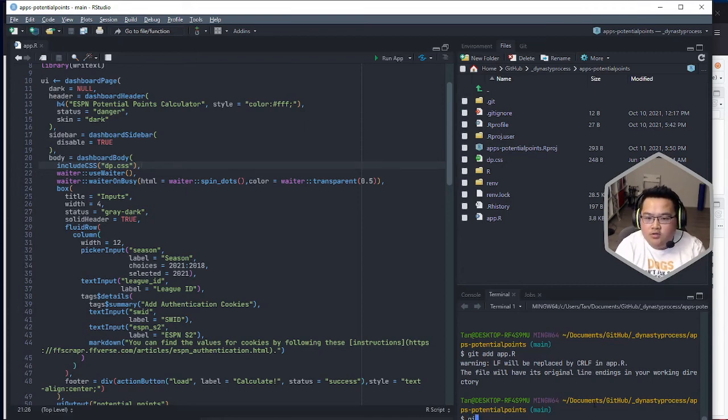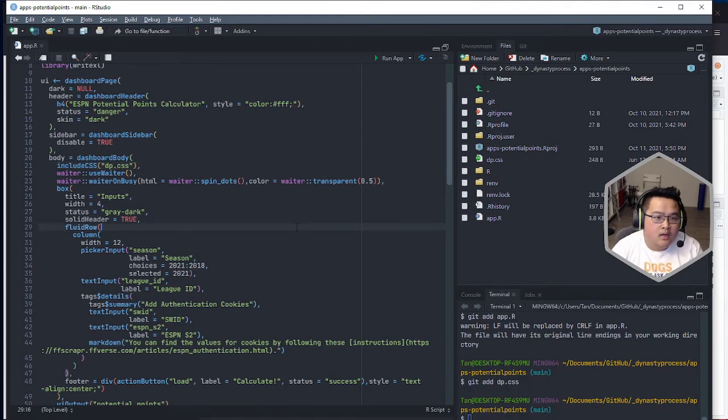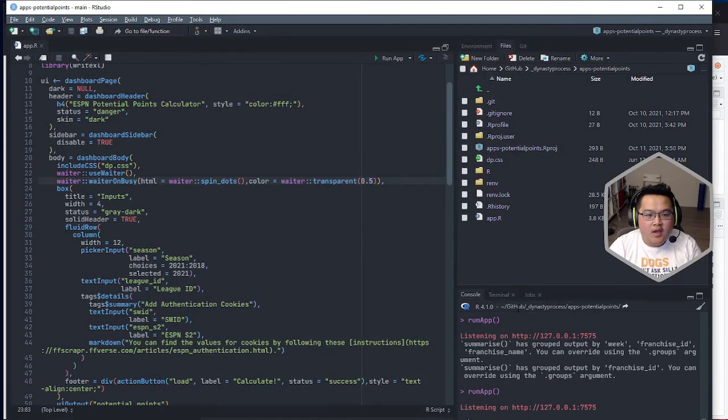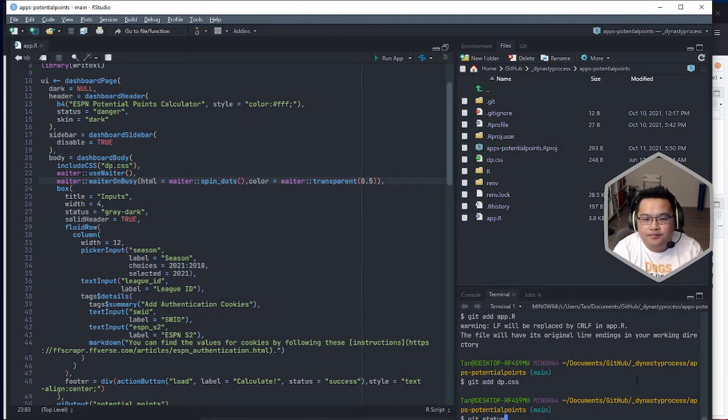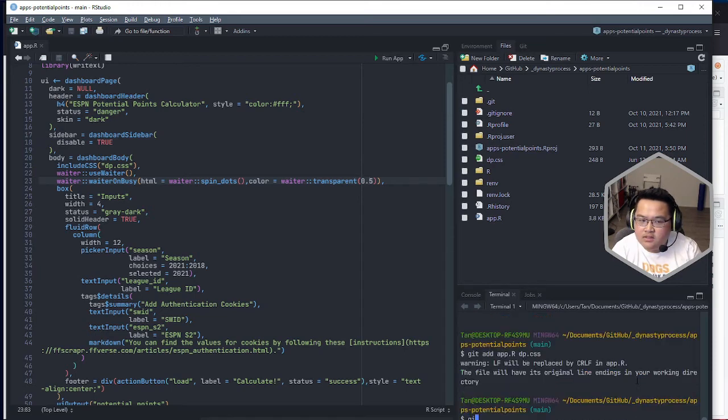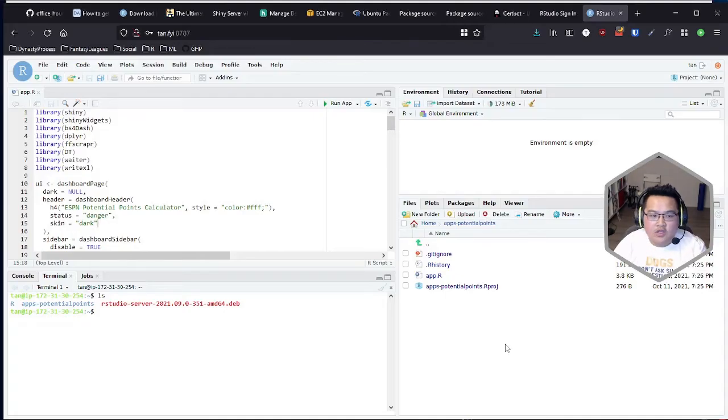Add CSS here, so git add dp.css, load. So basically the font's changed. That's all that changed there. Git commit -m. Actually, we'll git add app.R dp.css. Git commit -m "Some changes." Git push. And then when you get to the app here, you can interact with the app